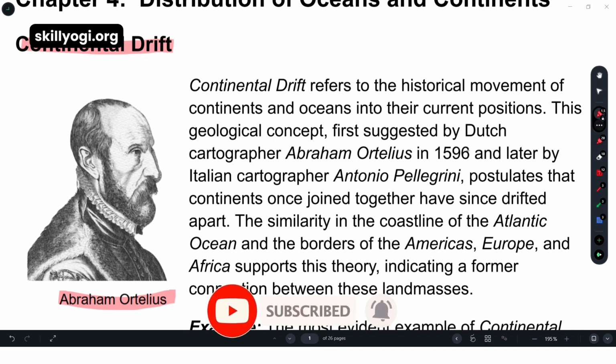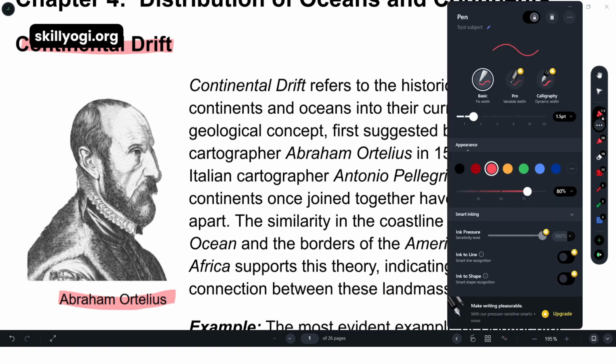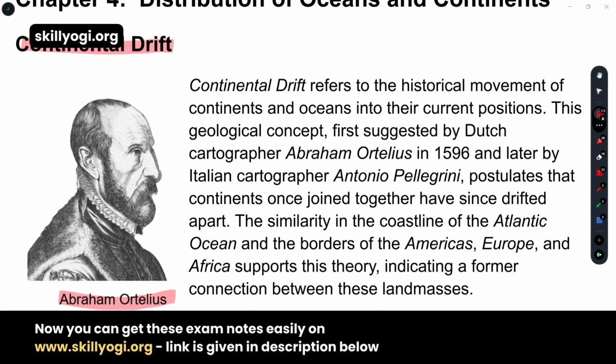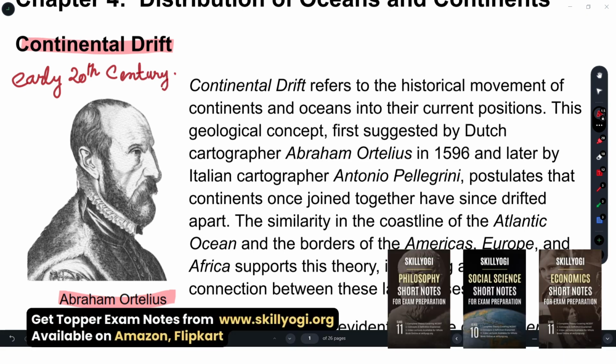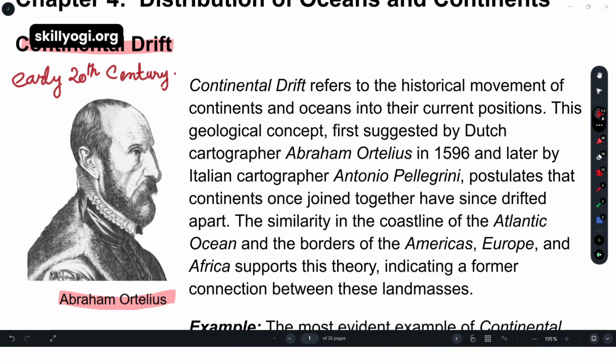If I am writing over here, you can also jot down the notes. It's a theory, a hypothesis which originates in the early 20th century. It's about Earth's continents which move or drift relative to each other over geologic time. So this hypothesis is related to continental drift, which has already been validated and incorporated in the science of plate tectonics